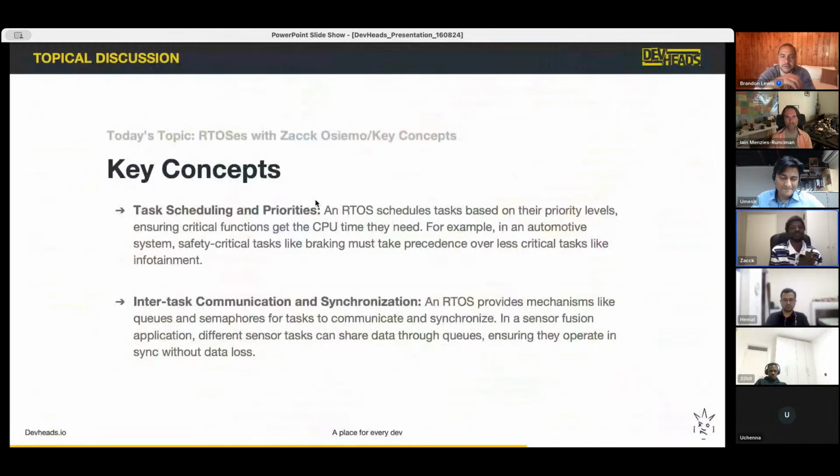Cool. So, task scheduling and priorities. Like in the slide in the beginning where the engine was speaking to the ECU, the ECU would say the next thing I want you to do is probably fire a certain cylinder. But before you fire a certain cylinder, I want to schedule putting fuel into it.